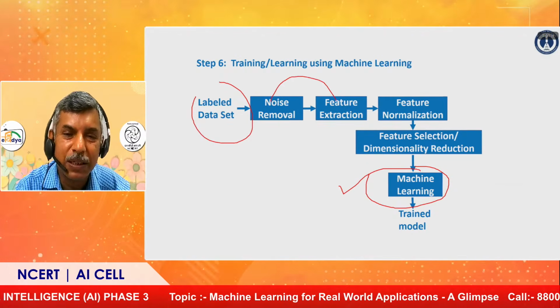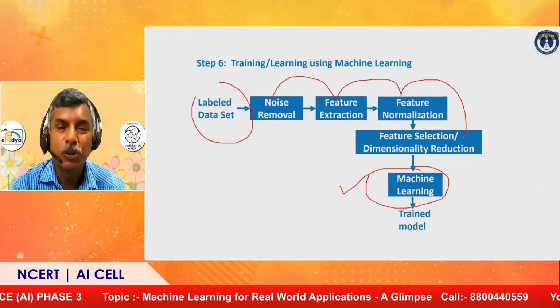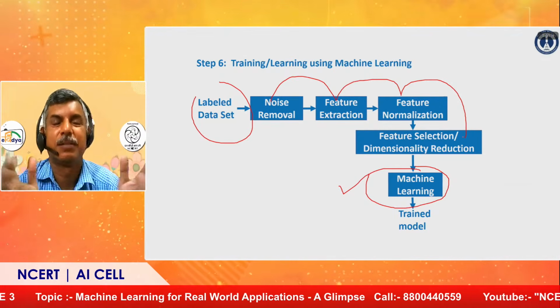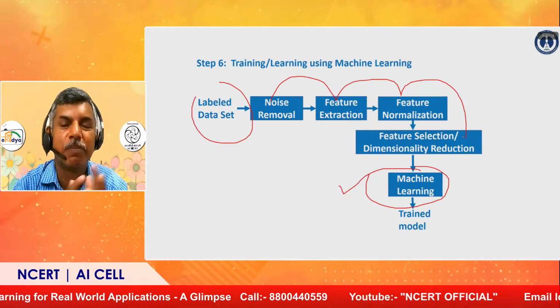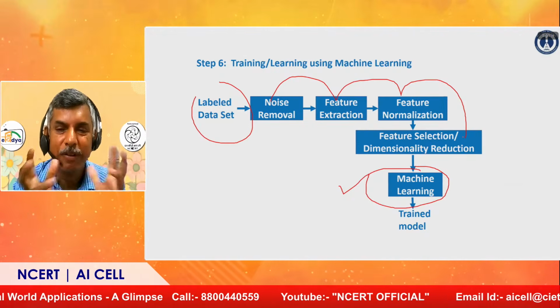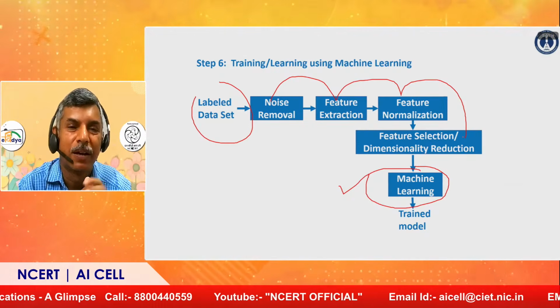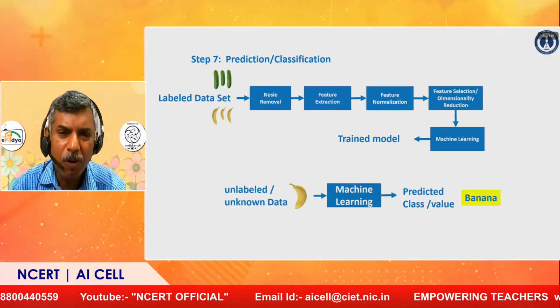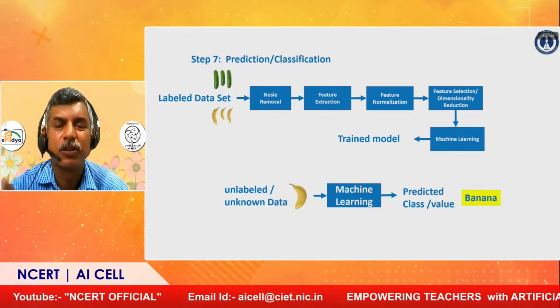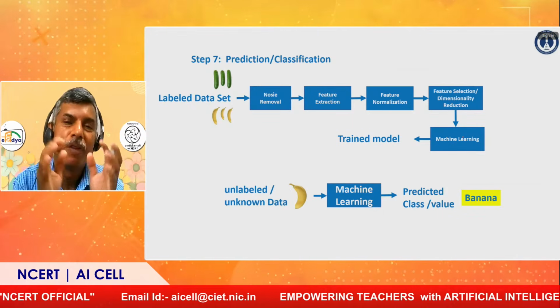We will be doing certain different processes. Those processes will help the data to get well, so that machine learning will be able to learn much better. Then we will finally get something called a trained model. So now, after training, once the training part is over, we have label